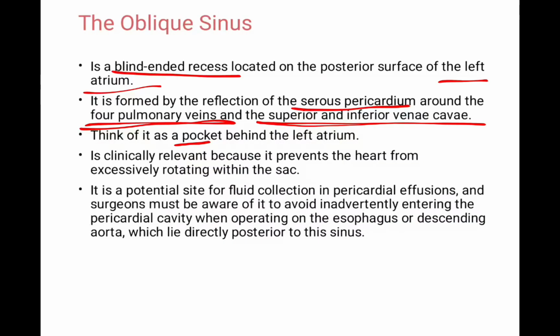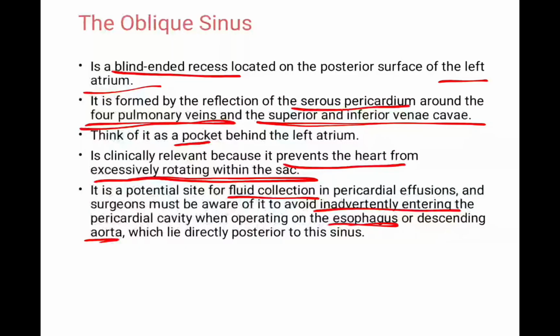It is clinically relevant because it prevents the heart from excessively rotating within the sac, within the pericardium. It's a potential site for fluid collection in pericardial effusion, and surgeons must be aware of it to avoid inadvertently entering the pericardial cavity when operating on the esophagus and the descending aorta, because these structures lie directly posterior to the oblique sinus. So when performing surgeries on the esophagus and the descending aorta, surgeons need to be aware that there is a space here, the oblique sinus, to prevent inadvertently